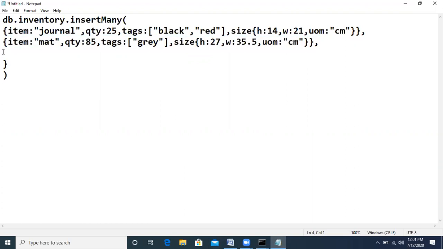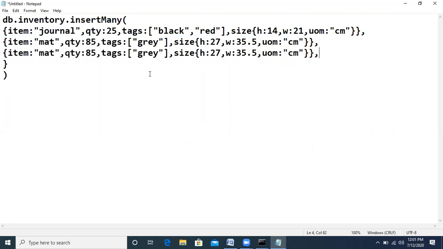Then have a look at this. Change this value. So suppose the item is mouse pad. Let us keep the quantity 25. Tags, let us take gel, and then any other value you can take, blue.